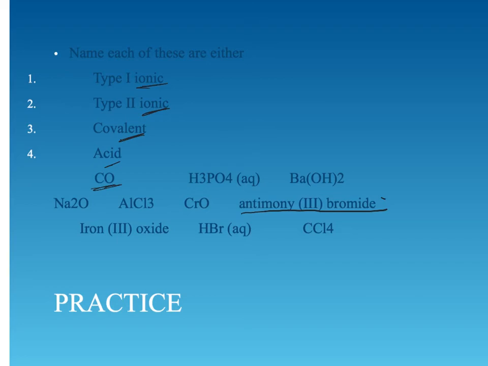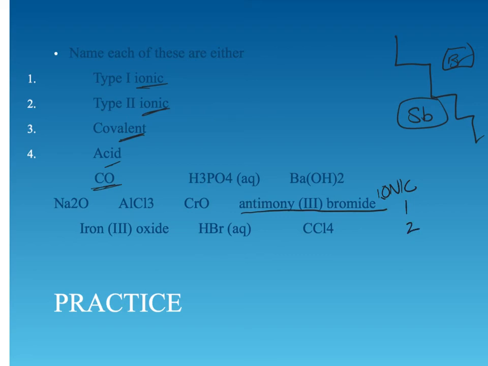Antimony is over here, so it's definitely a metal, and bromide is over here. So that tells me first off that it is ionic. So now my job is just to figure out, is it type 1 or is it type 2? Well,